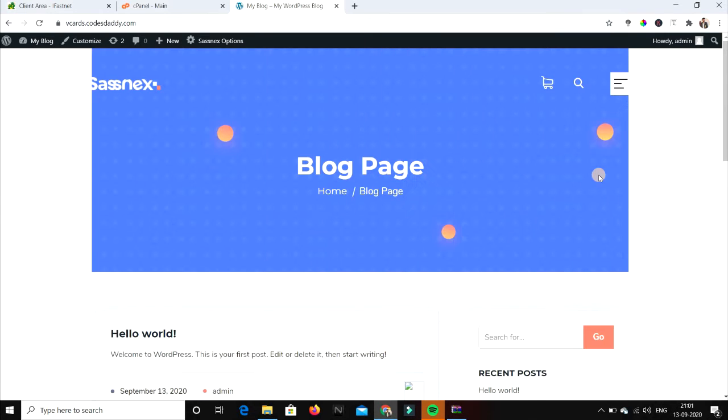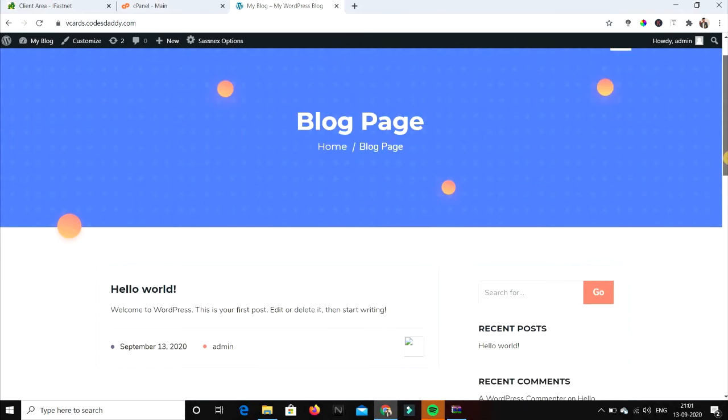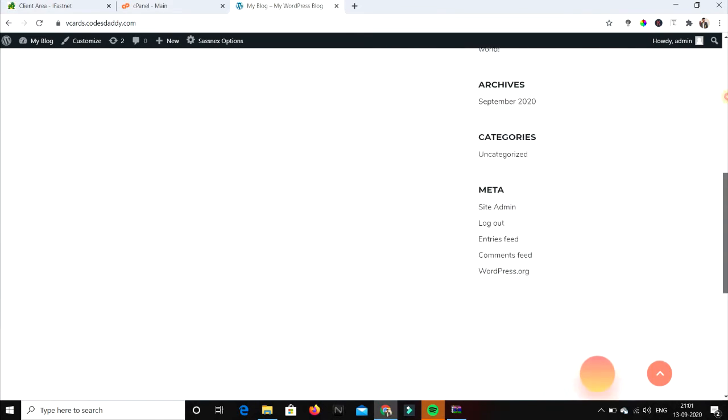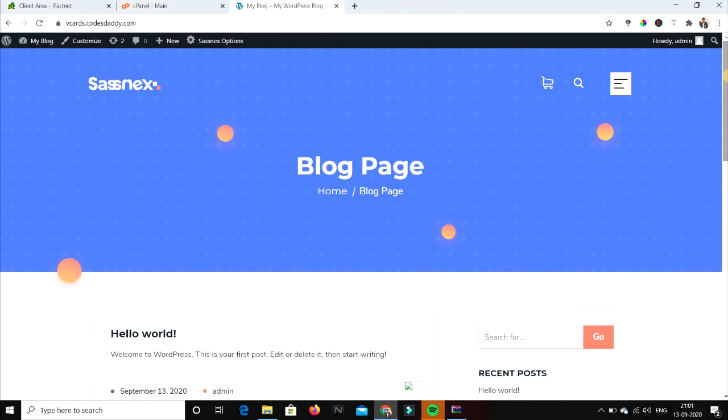This is how our new website is looking. It is loading. And here is how our new website is looking. As you can see, it is completely different from the old website. Now what I will do is just go again to my dashboard and uninstall this theme. I will delete this theme and also delete the plugin installed by this theme and upload a manual plugin.